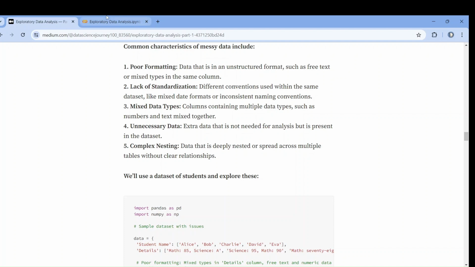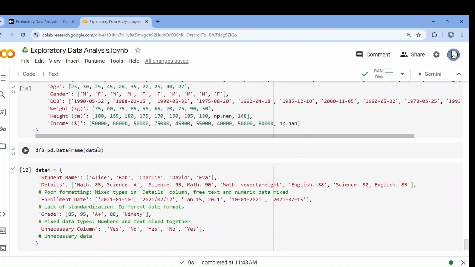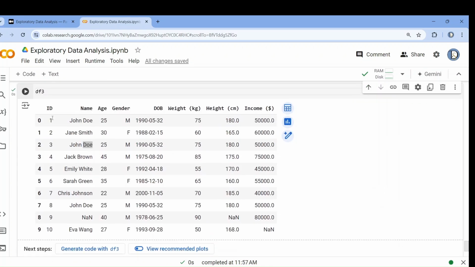Now let's see two data sets. I have taken two data sets to give you an idea about dirty data and messy data. We have already studied. Now let me run this first. Now let's explore this data set first. We will first